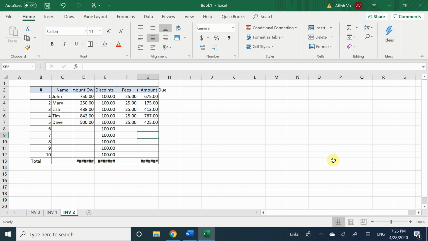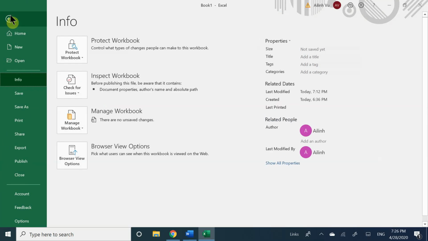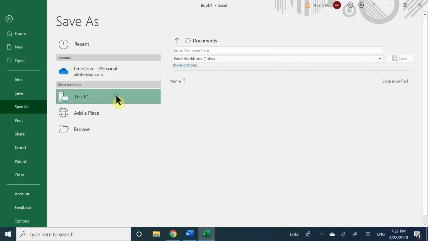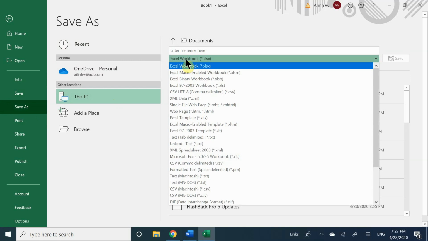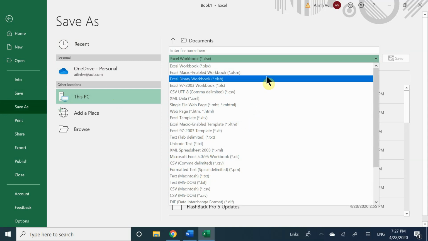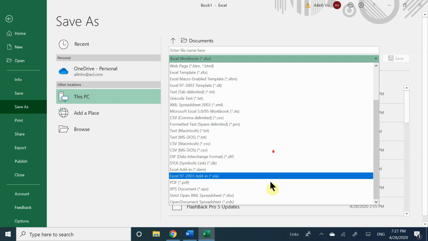Now, again, the last thing that is also required is knowing how to save this file. Again, you do have a few options. If you do save it, you're going to go ahead and either save or save as. If it's a new document, you want to save as. If it's a pre-existing one, you're just going to click save. And with that, you do actually have a few options. You can either save it as an Excel worksheet. You can even save it as a PDF. It allows you to do that, and it also allows you to do various different forms of